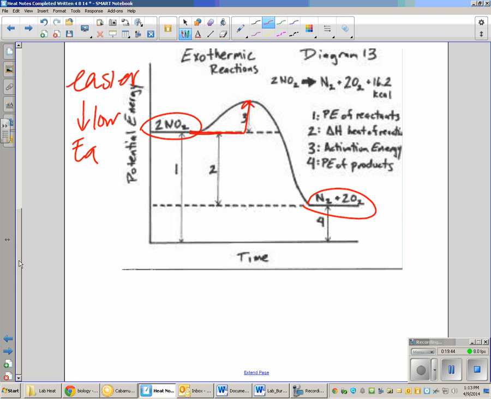And then actually you can see it here, but the energy that's released is between the level of the reactants and the level of the products, which is represented by the 2 here. That delta H is negative or positive? Negative, because it's exiting, so the energy is exothermic. Or the reaction is exothermic. Alrighty? Alright, so if you can label those and draw them and relate and know it next to it,